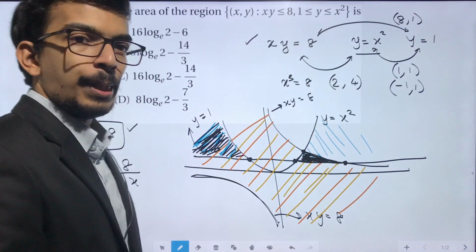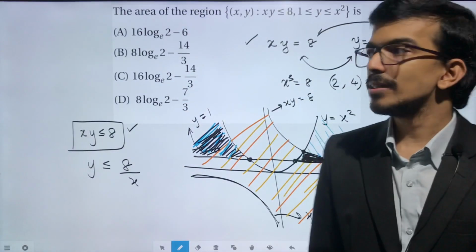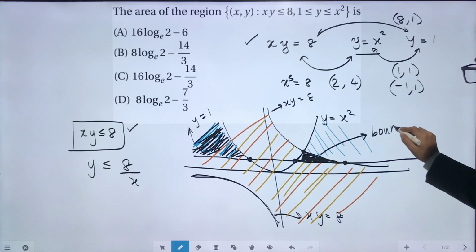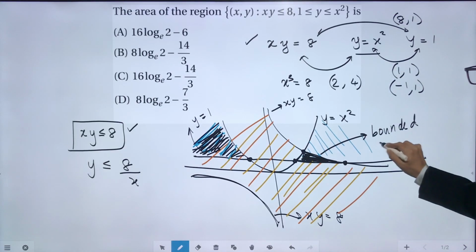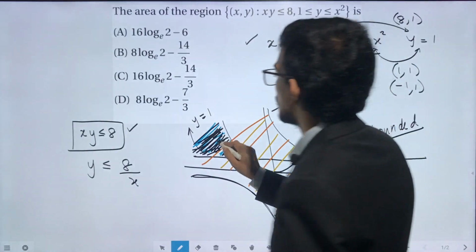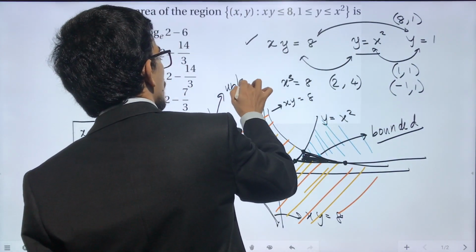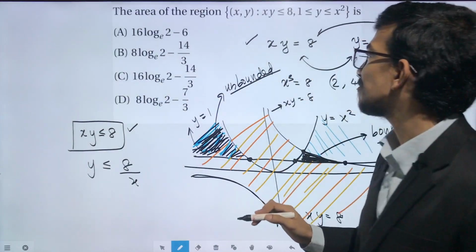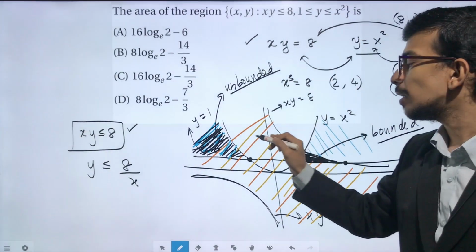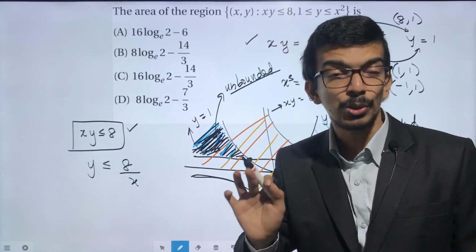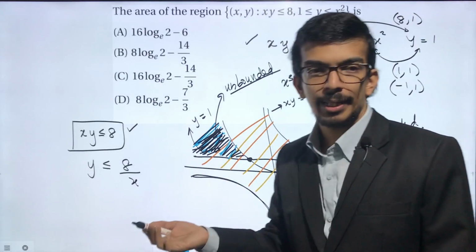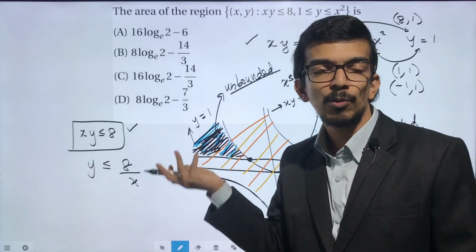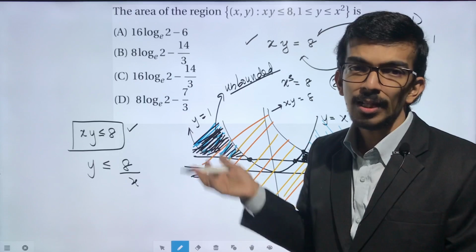Okay. Now there is a confusion. Why? Because see, this is a bounded region. When you evaluate the area, it is going to give you a finite number, but this is an unbounded region. So these question paper setters have not mentioned whether to take this area or this area, but it is understood that you have to choose the bounded area, because there is no point in evaluating an unbounded area. It is going to give you infinity as the answer.